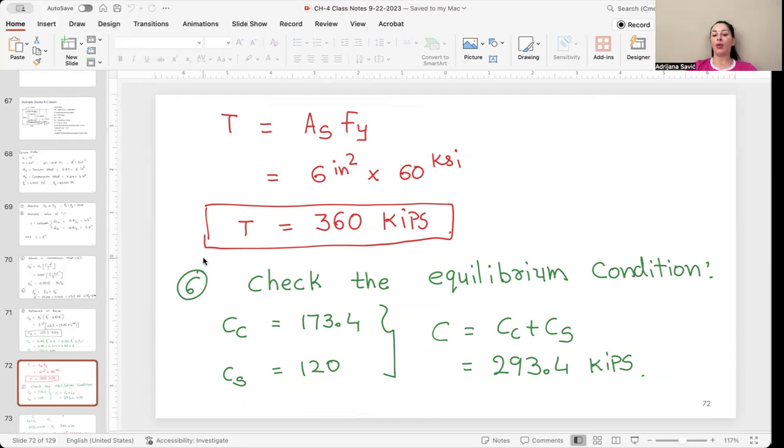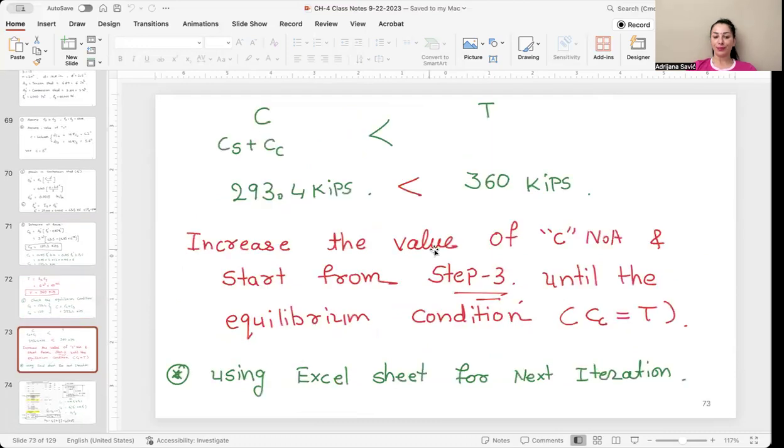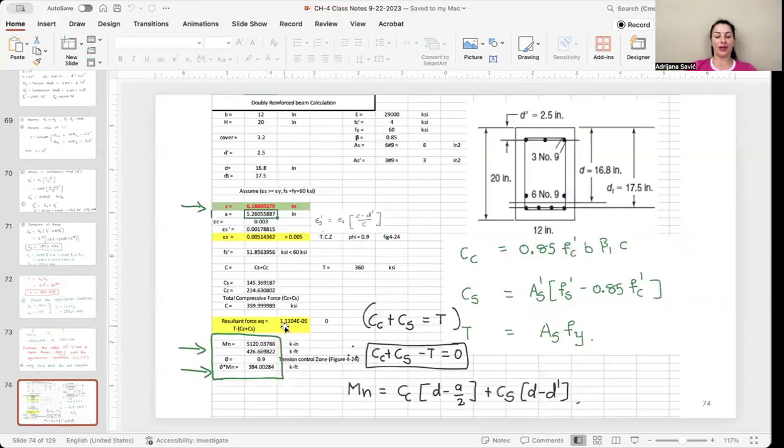The next step, we need to check equilibrium, and we have compression forces 293.4, tension is 360 kips, so we need to increase the value of C and start with step number 3 until the equilibrium condition is satisfied. So after that, we can use the Excel sheet for the next iteration. And in this case, the location of neutral axis is obtained to be